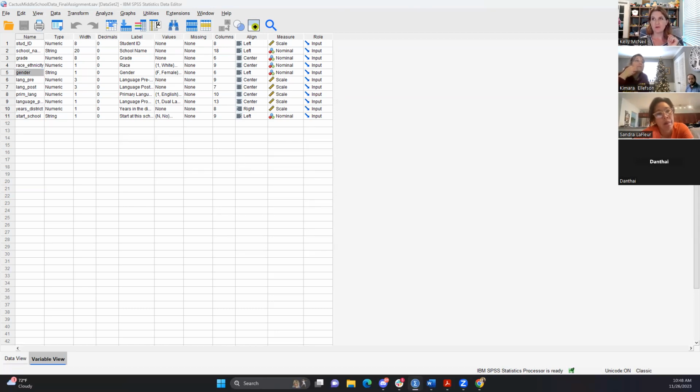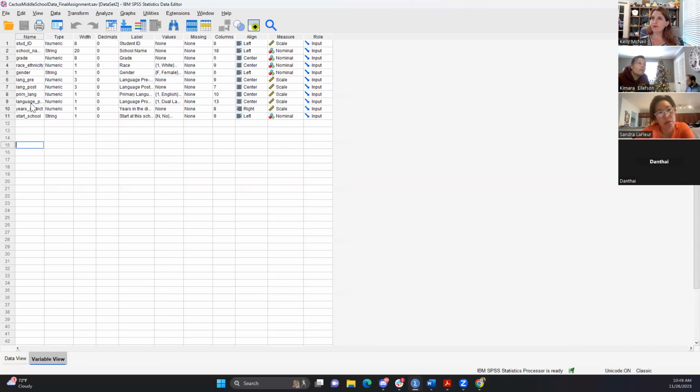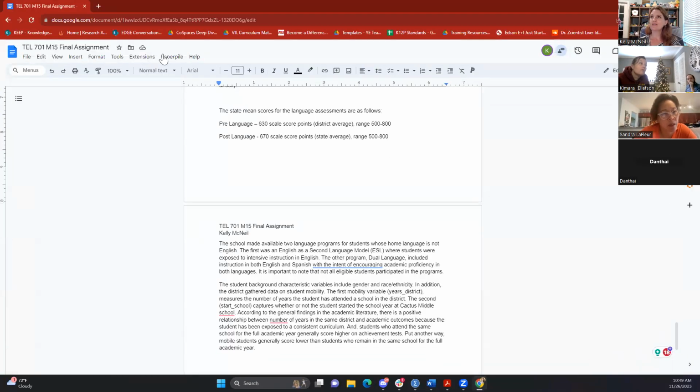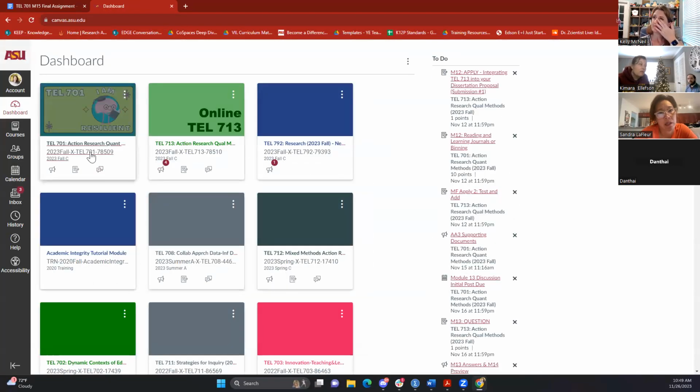I'm just looking at the other data set real quick because I want to compare it. So we kept the gender string. We created a numeric one called female. And that's the one that we used. But I'm just trying to remember how we make a variable based off of a variable. Do you remember how we did that? Because I have to go back and look it up in the homework, in the steps. Let me just see something real fast. Yeah, I don't remember how we did it.